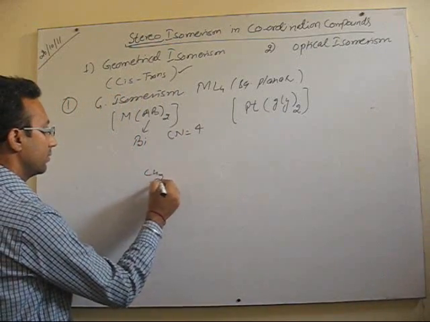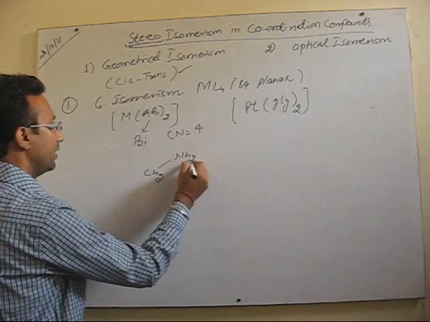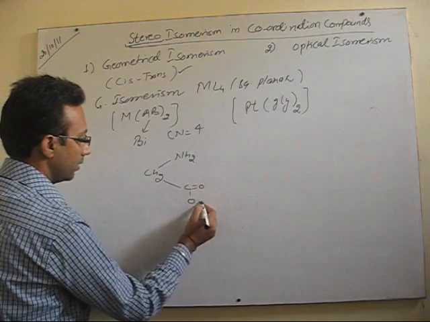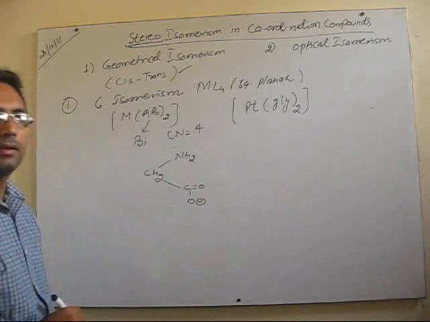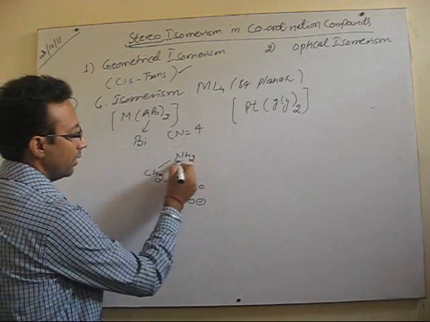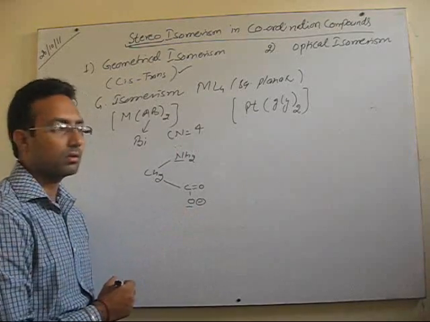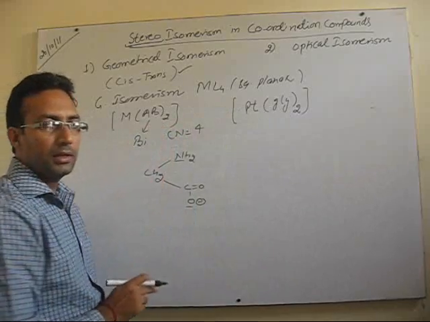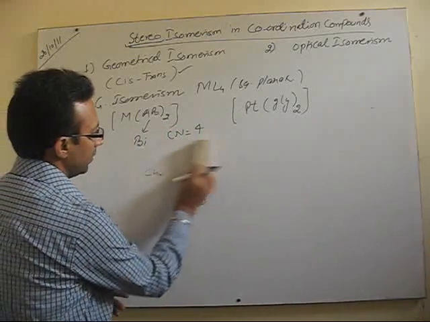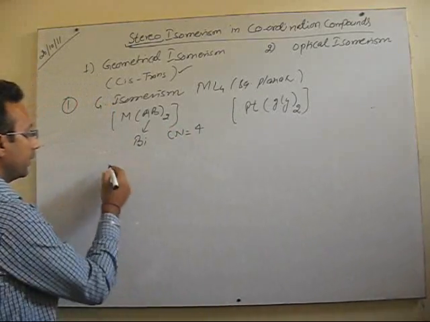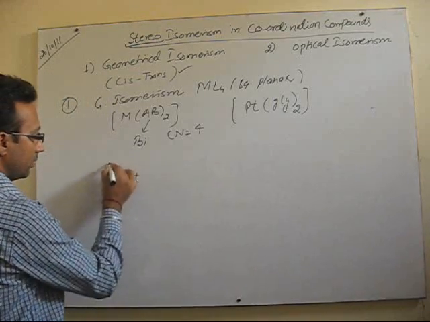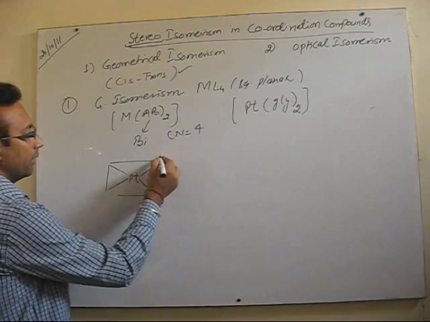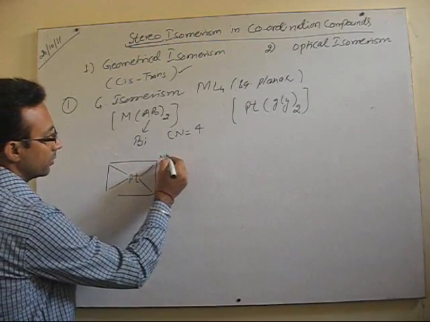The glycinate ion is this. It is a bidentate ligand with two different donor atoms. You see here, one donor is nitrogen and one donor is oxygen. So when such a ligand is present, then only is geometrical isomerism possible. Fine. Now let me make this example here. If you keep the two